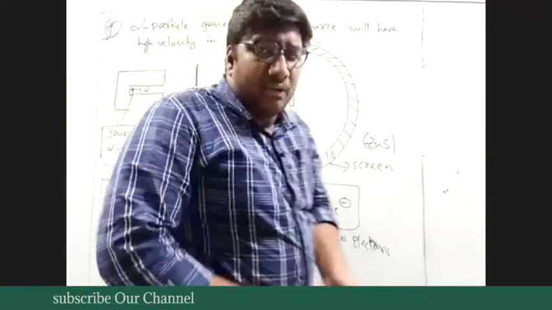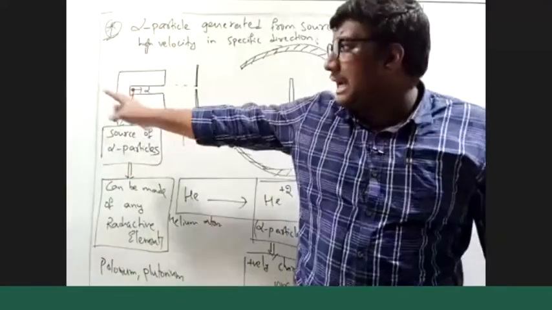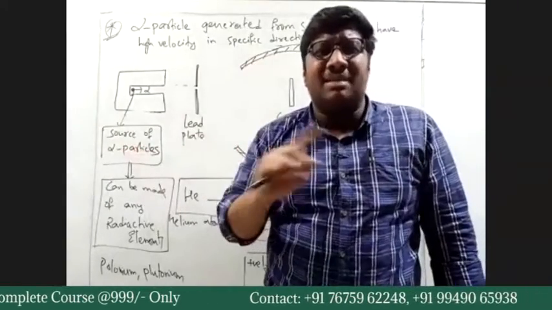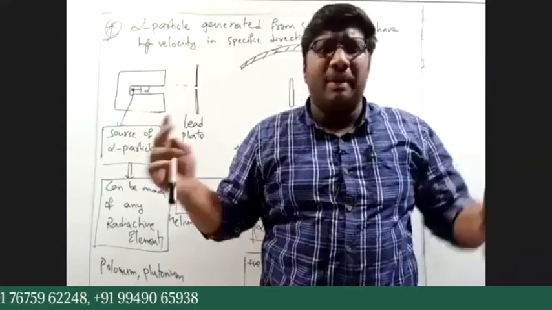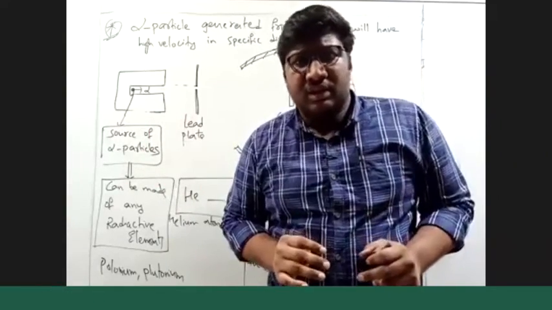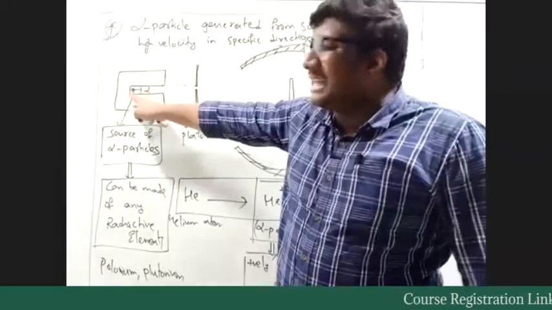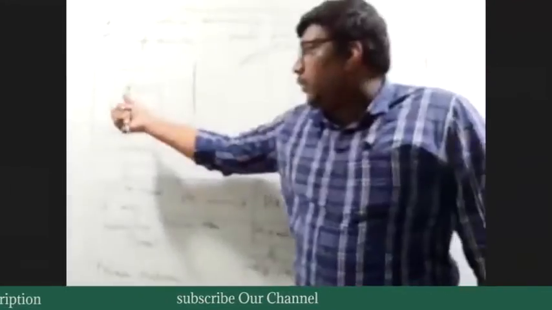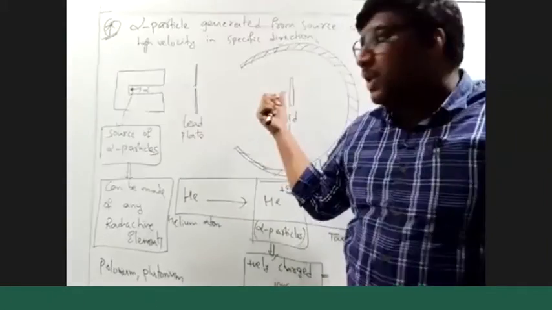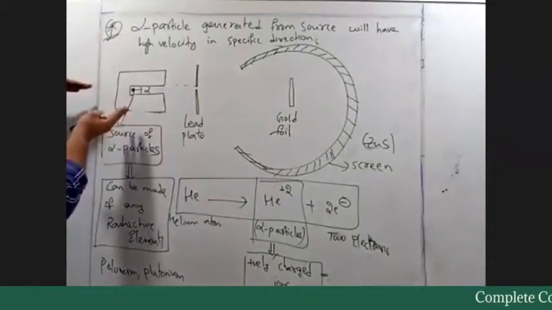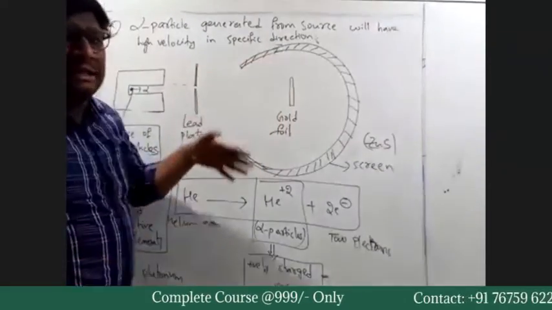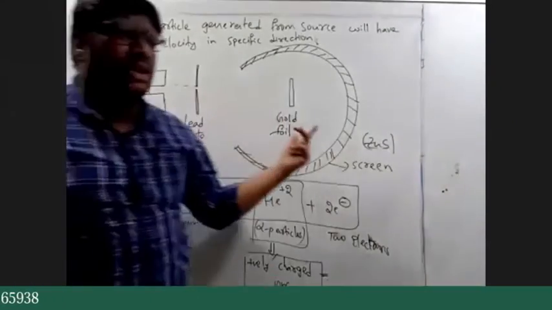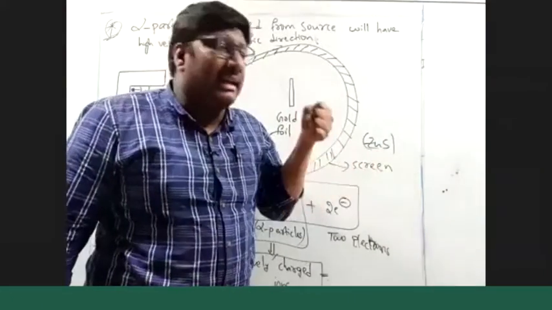listen carefully. If we generate an alpha particle, that doesn't mean it has to pass through this foil. If I give a break to you, it doesn't mean you have to compulsorily go out of the classroom. You may sit in the classroom itself. That is your wish. The same way, the alpha particle being generated does not mean it has to pass through this gold foil. When can we pass it through the gold foil? When I give the alpha particle its velocity in this direction. If I direct the alpha particle through the gold foil, then we can say alpha particles are passing through it. So our goal is to direct alpha particles through the gold foil.